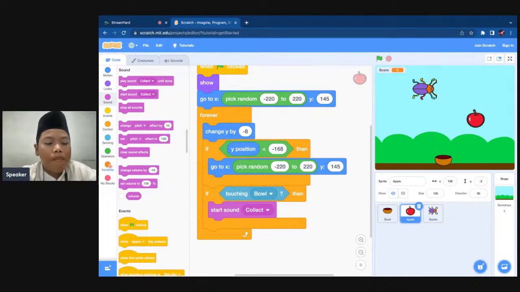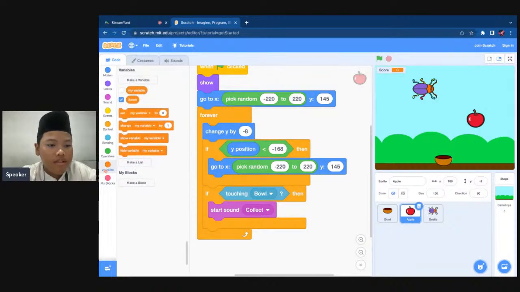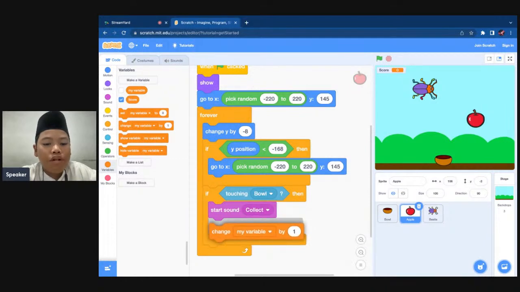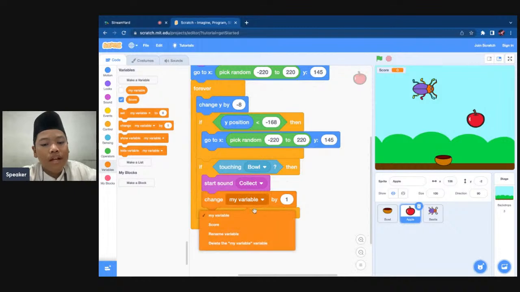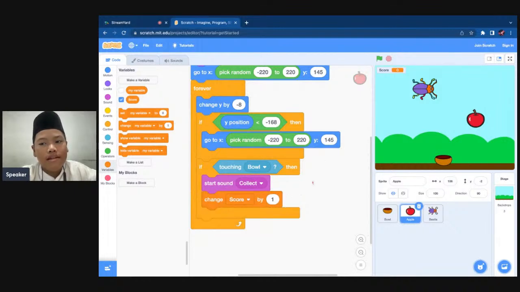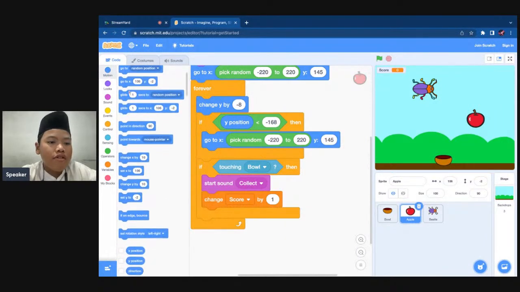And then go to variables and drag the change my variable by one block and put it under the start sound block. Now my variable, change it into score like this. And then go to motion and then drag the go to X Y block.